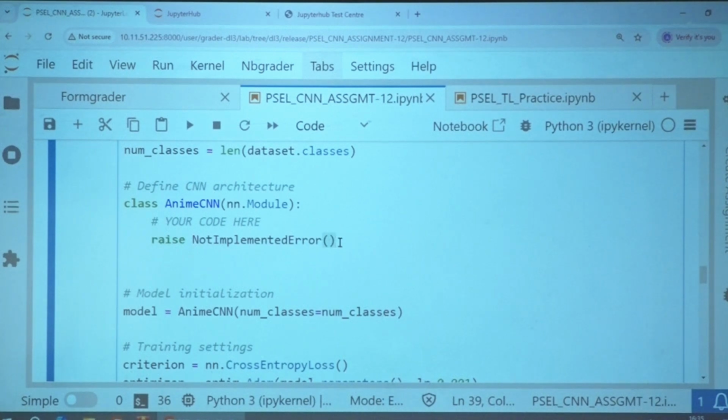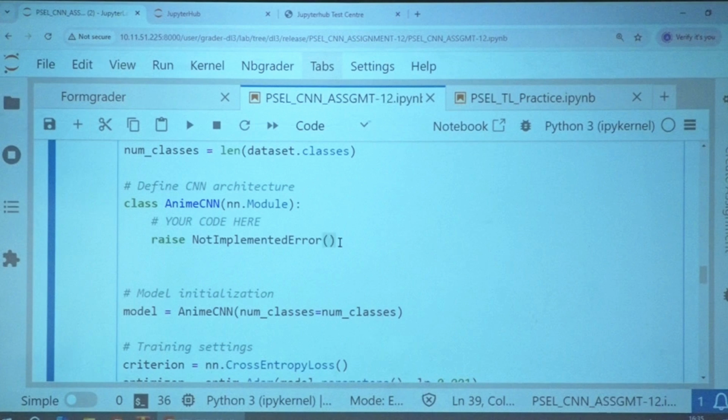We started defining the class named anim CNN, which inherits the NN module. Define two things. One is the constructor, the init method. Second is the forward pass. In the constructor, you need to define all the layers asked and described in the instructions.